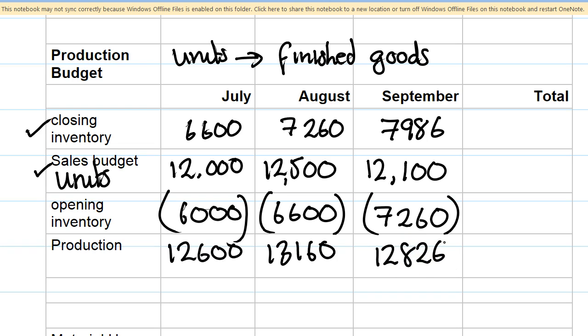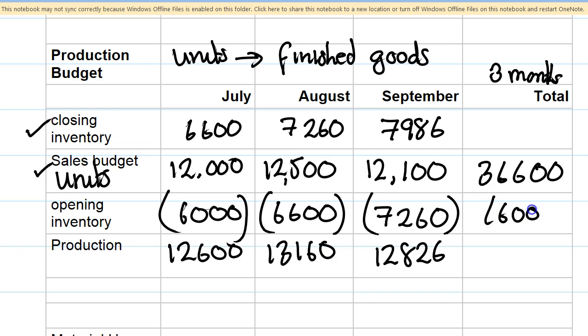So we've got our numbers of production that we require for July, August and September. The total column I would do at the end, because it's very important that you remember that this total is for 3 months. Our units that we need to sell, 36,600, that is July plus August plus September. Our opening inventory right at the very start of the period, and our closing inventory is right at the end of the 3 months. And our production,